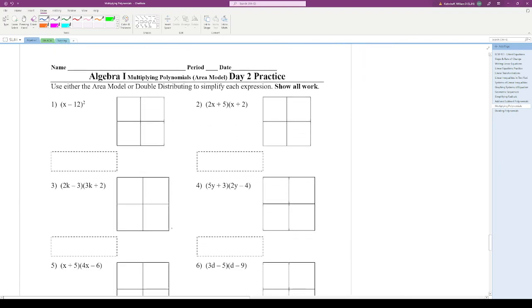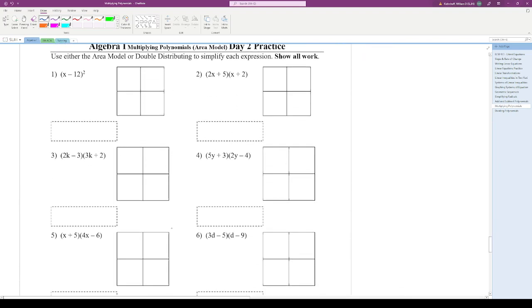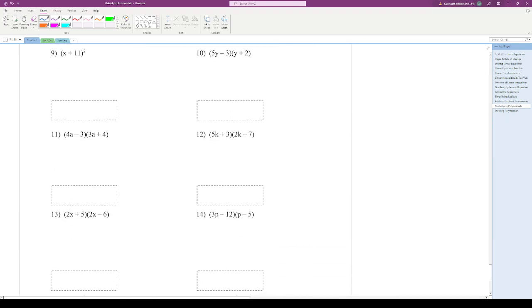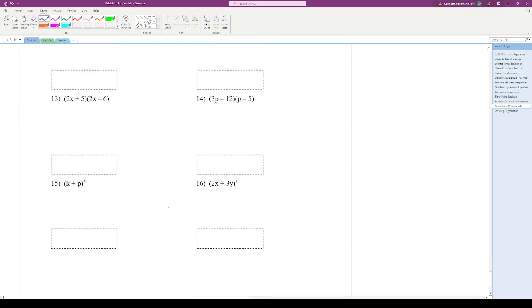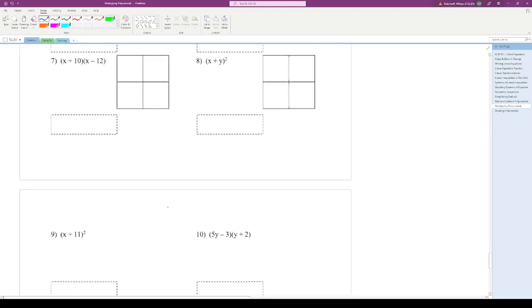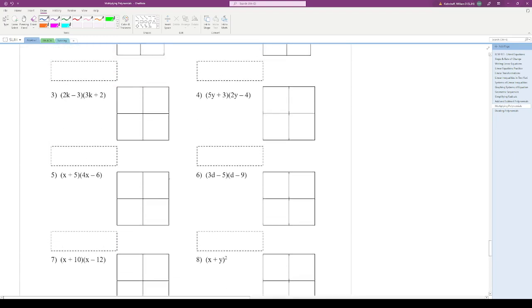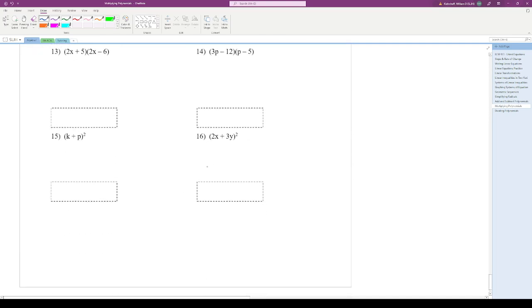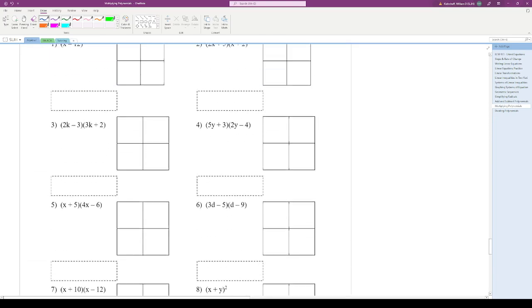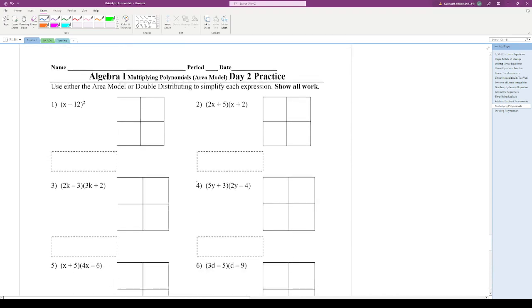All right, so this next page is going to be our practice. It's more of the same that we've been doing. So these problems are all asking you to use the area model, and then these problems are not specifying which method. So I would recommend that you use the area model for 1 through 8, and then double distribution for 9 through 16. So you'll get some practice with both of these methods